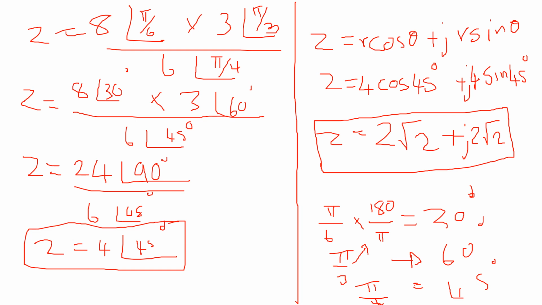So when you put that into your calculator, it will definitely give you the same answer. So it's going to be 4 cos of 45. Make sure your calculator is in degrees. It will give you 2 square root 2. And then you do sine. It will also give you